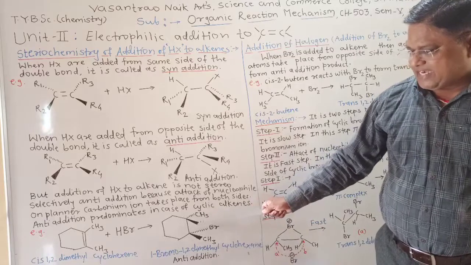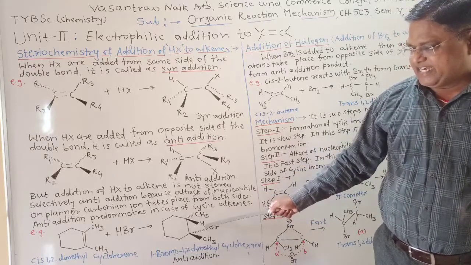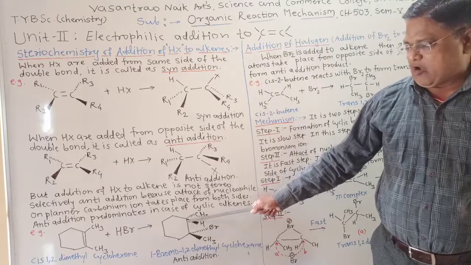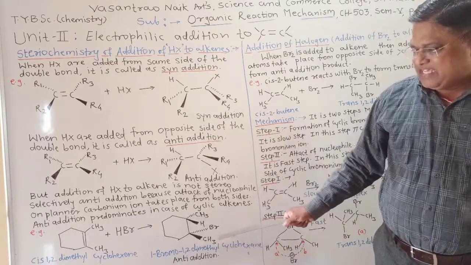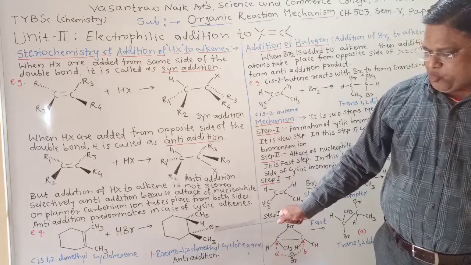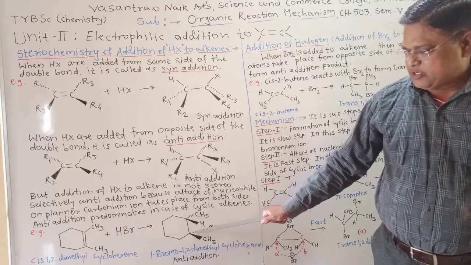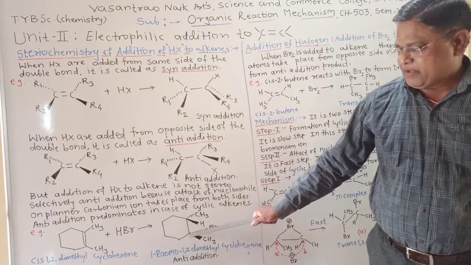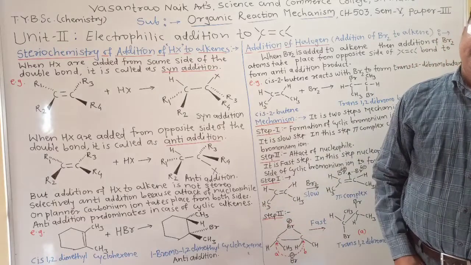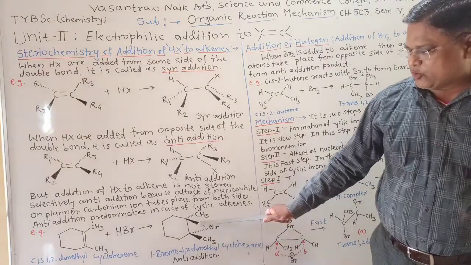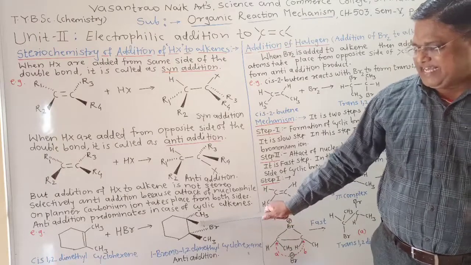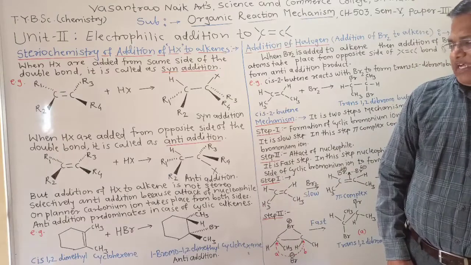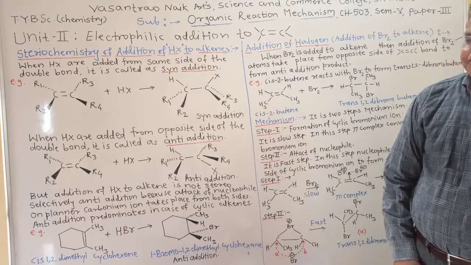Here hydrogen atom of HBr is indicated by wedge shaped bond, means hydrogen is present above the plane of the blackboard, while this bromide is indicated by dotted bond. This clearly indicates that bromine is present behind the plane of the blackboard. Means addition of hydrogen and bromine takes place from opposite side on this carbon-carbon double bond, called as anti-addition reaction.